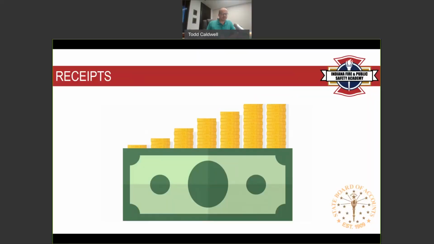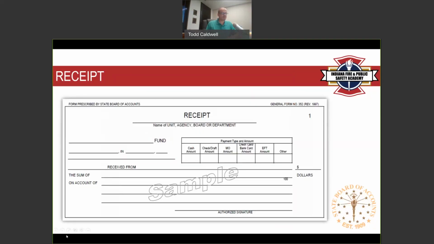Back. And now we're ready to talk about the receipt process or receipts that you might have coming into your department. This is what the official prescribed receipt form looks like that you should be using in your offices if you take in money. It's a General Form 352, and there shouldn't be any substitutes